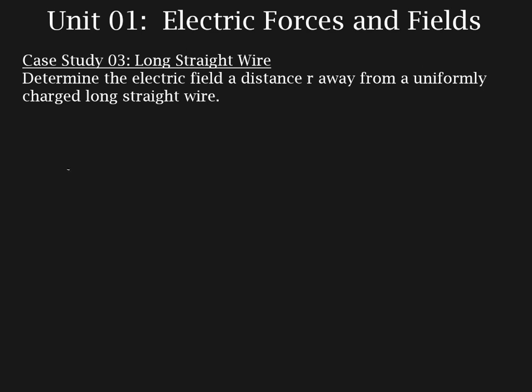The wire is going to be long and straight, and in order to enclose the electric field, which is perpendicular to this wire, if we look at the wire on end, remember that the electric field points radially outward. So if we want to enclose that field, we're going to have to put a cylinder around the wire, and everywhere at that location R, it's going to be a uniform field. So the cylinder is going to go around the wire like this,